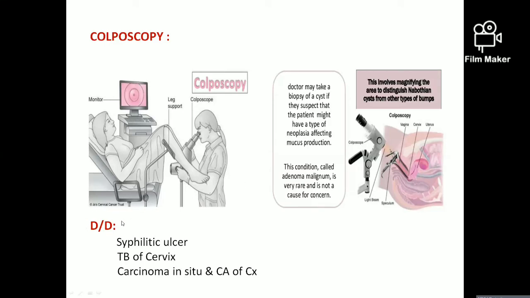Now, differential diagnosis. Before coming to the proper diagnosis, we always have to differentiate. It may look like a syphilitic ulcer. It may look like tuberculosis of the cervix, where we can see undermined edges of the cervix, blueness and sloping in the roof. So tuberculous ulcers, syphilitic ulcers, we know how they look. And we also have to differentiate it from carcinoma in situ, that is stage 0 cancer, or carcinoma cervix proper, the invasive one. Proper histological examination and further bacteriological studies will help us to differentiate the disease.